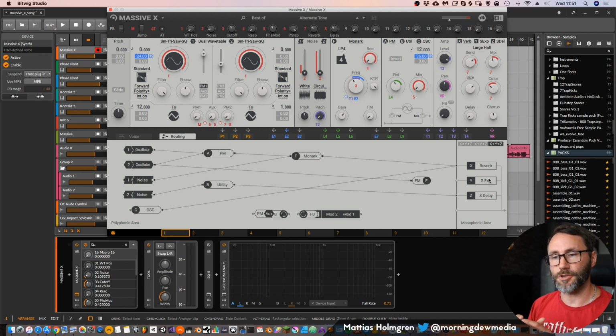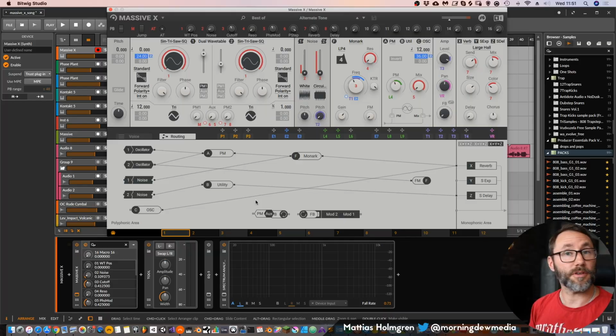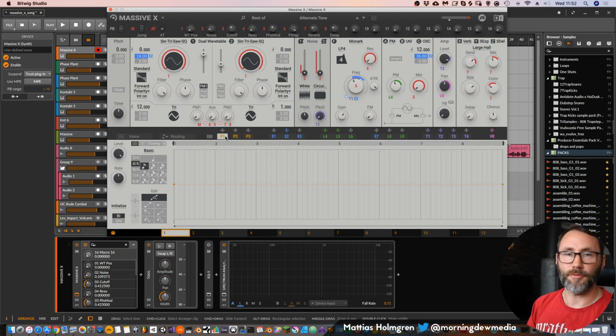I really like the visual representation here, because a node-based editor gives you a very good overview of your sound design, so you can follow the signal path and really see how this sound is created. You can detach cables just by double-clicking, and drag a new cable here. Okay, then we have some performers. If you're familiar with the old version of Massive, you know what the performers are.